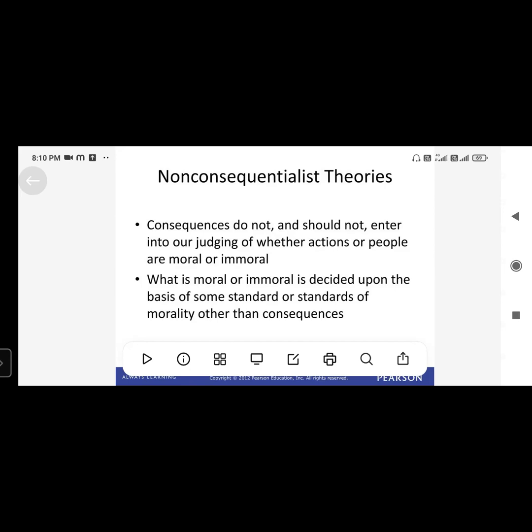So we will start with non-consequential theory, which believes that consequences do not and should not enter into our judging of whether actions or people are moral or immoral. What is moral and immoral is decided on the basis of some standard of morality other than the consequences. And that is the meaning of non-consequentialist theory, which believes that whatever is morally correct,